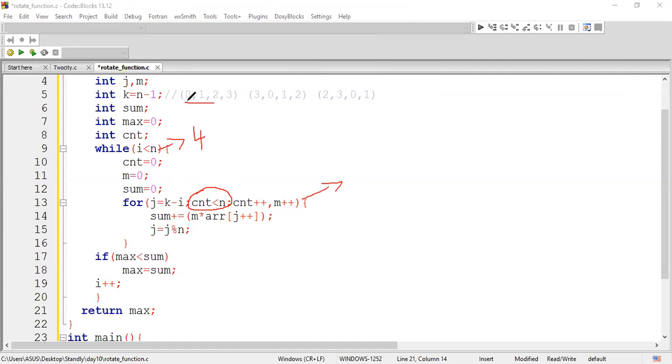I can start with any point. In this particular scenario, I'm starting with this point, but I should have 4 iterations. Next time I'm starting with 2, again I'll have 4 iterations. This particular for loop is for 4 iterations. The 4 iterations have to be done.